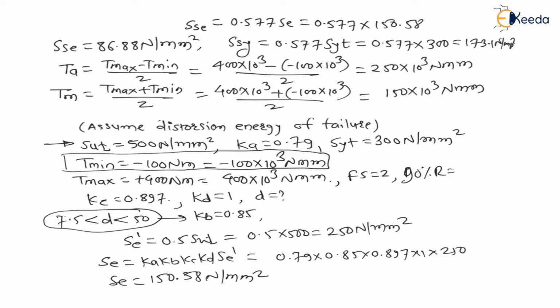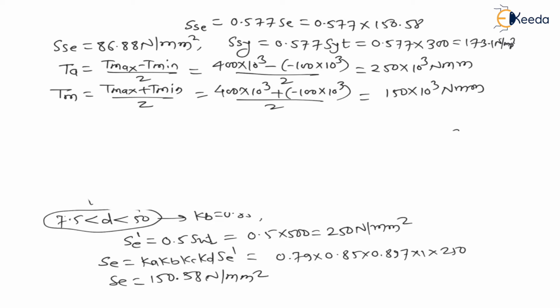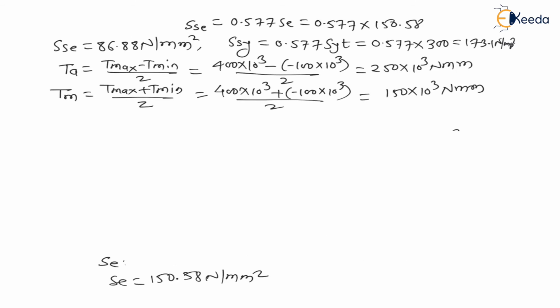Now here we are using the modified Goodman diagram for the solution of this question. So let us plot the modified Goodman diagram. Let us say we are using the modified Goodman diagram for torsion. So the modified Goodman diagram becomes